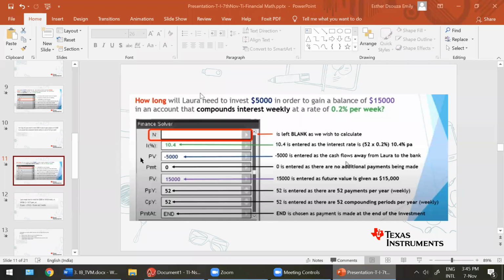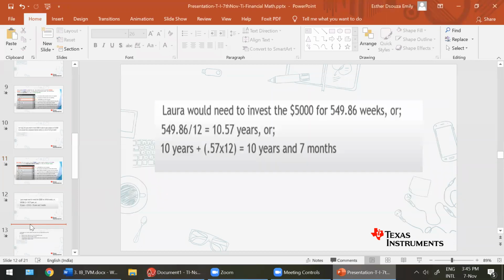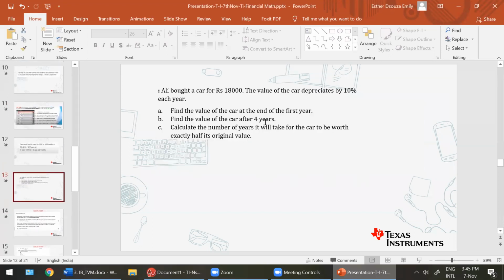So for example, how long will Laura need to invest? Because Laura is investing. However, now to answer your question specifically, if you want to know it right away, it's when you are receiving a loan, correct? Because the money is coming into your hand. So PV is positive then. Swati, am I right? Yes, ma'am. Yes. That's correct. Yes, good. So yeah, if you wanted to know, in 10 years, 7 months, that was your answer.